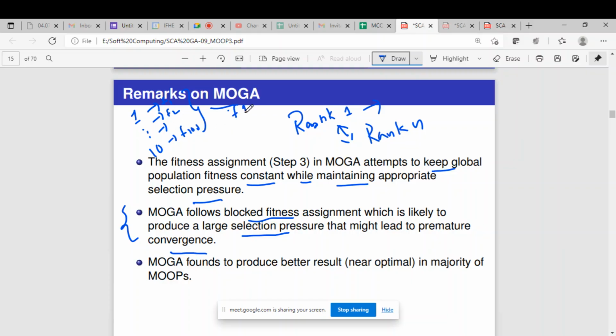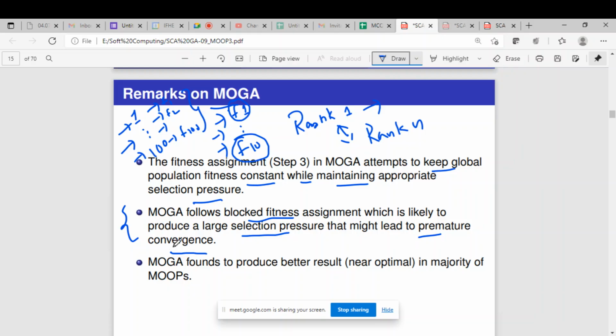In the next round the rank becomes only 10, which means the selection pressure is increasing now. Previously you had 100, and selecting 2 for mating from 100 is easy; you have many options. Now only 10 is there. So there is no variety, and there is a doubt that the algorithm may converge